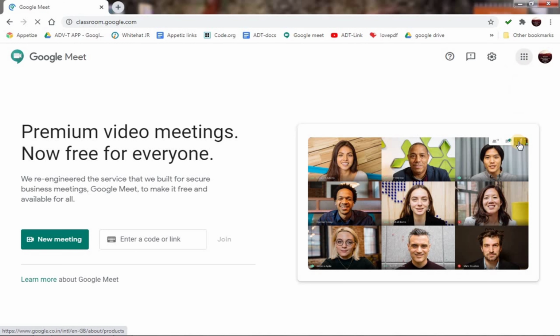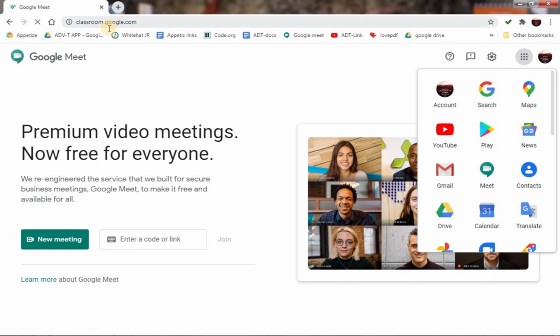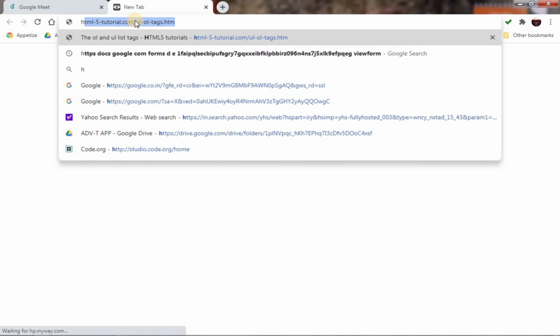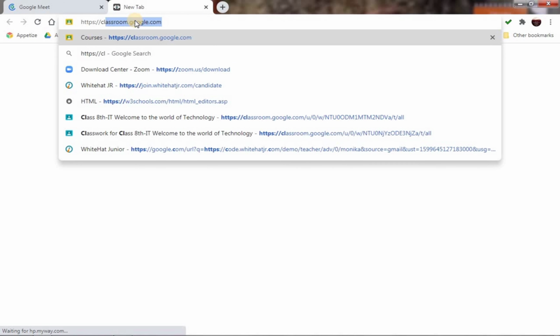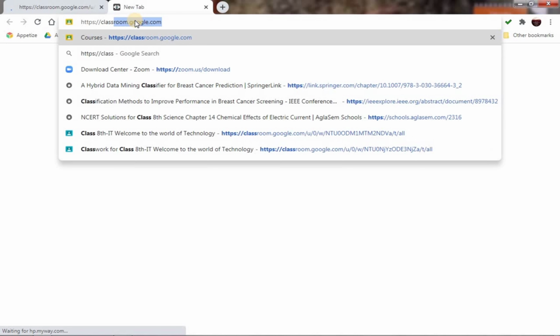And if it is taking time to load, you can write https://classroom.google.com. Why I'm telling you to write this?